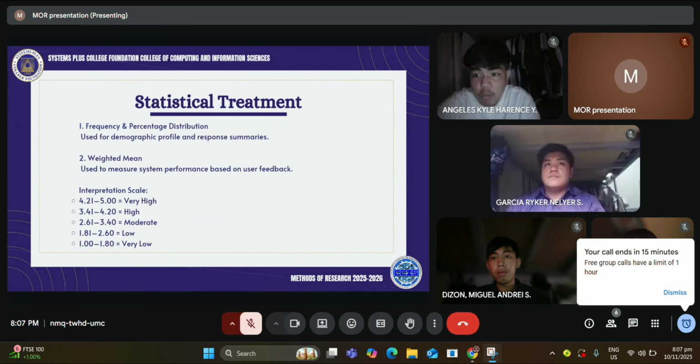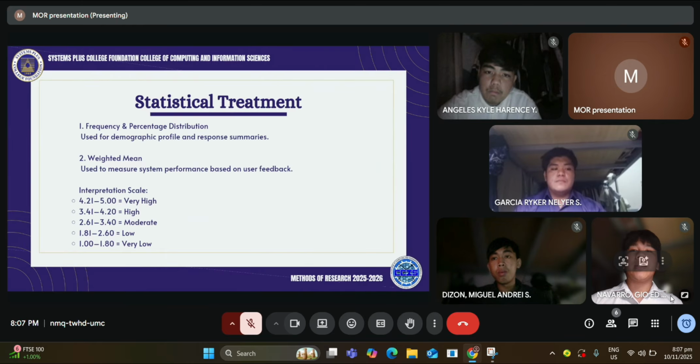Statistical treatment. Number 1, frequency and percentage distribution, used to summarize basic information about participants, like how many said yes or no or rated something certain ways. Weighted mean is used to find the average rating of the system based on users' feedback. The third one,